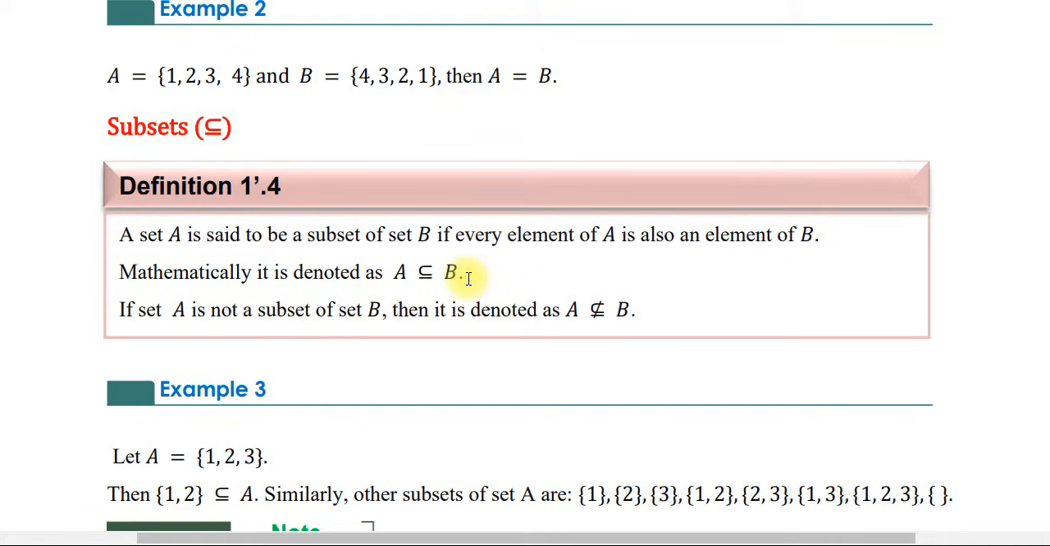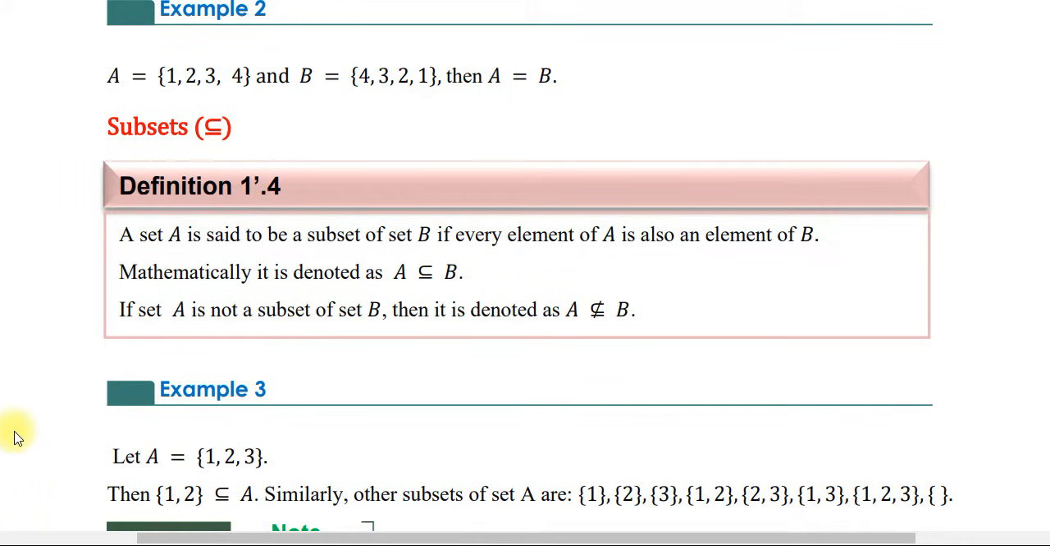A set A የተባለ ሴት is said to be a subset of B ወይም የቢ ስብስብ ነው ልንለው የምንችለው if every element of A is also an element of B። A ላይ ያሉ ኤሌመንቶችም የምን ኤሌመንት መሆን መቻል አለባቸው? የቢም ኤሌመንት መሆን መቻል አለባቸው ማለት ነው። If set A is not a subset of B then which is denoted by A is not a subset of B በዚህ ሲምቦል መግለጽ ይቻላል ማለት ነው።